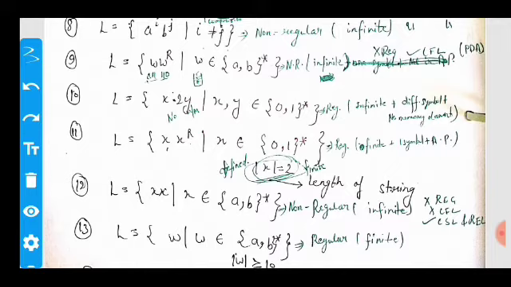L equal to x to y. So it is easily accepted by a regular language. Here the symbols are different, plus there is no need of a memory element. Now move on to the next question.